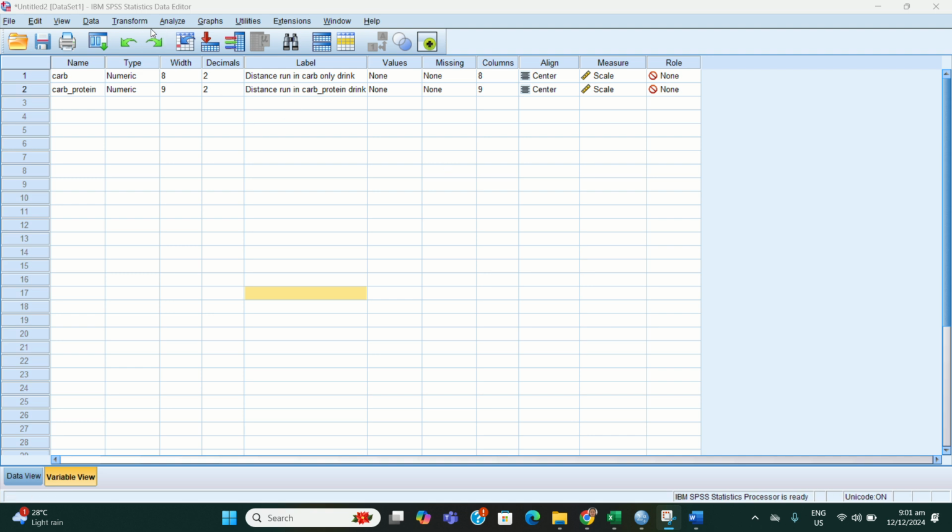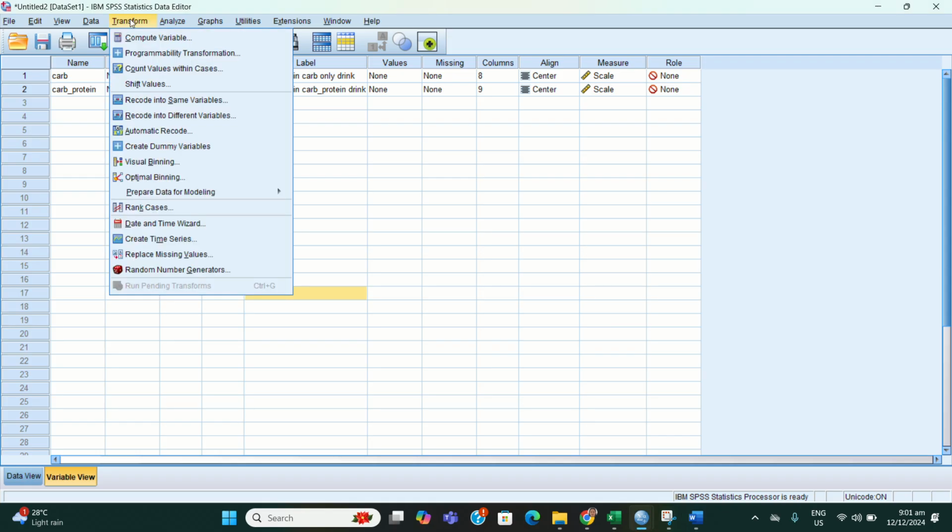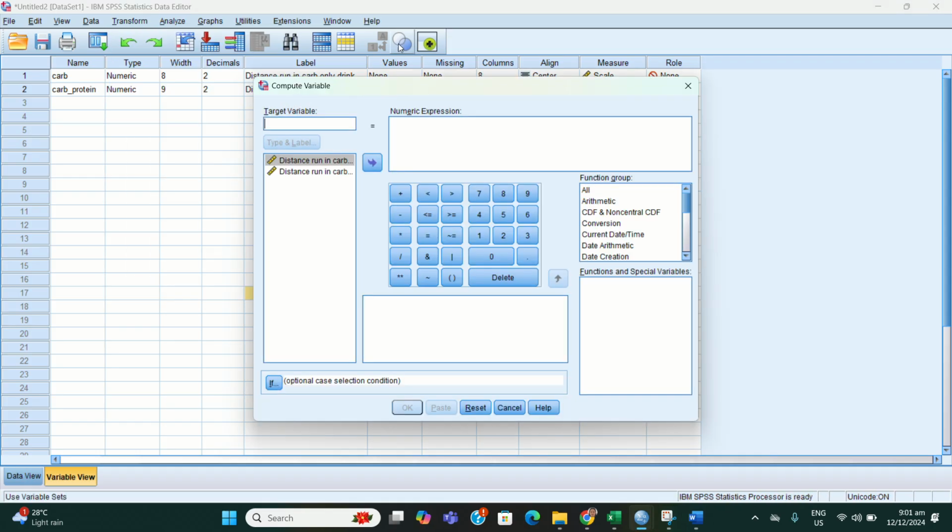So let's proceed. We have to click Transform, then go to Compute Variable. Here in target variable, we will type difference. This means the newly created variable is called difference.